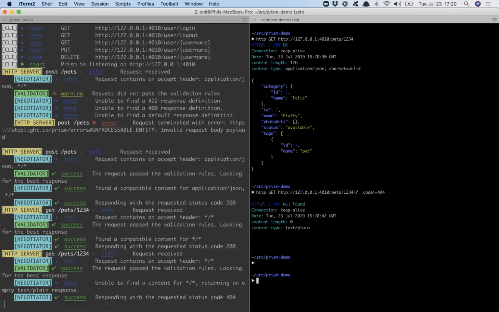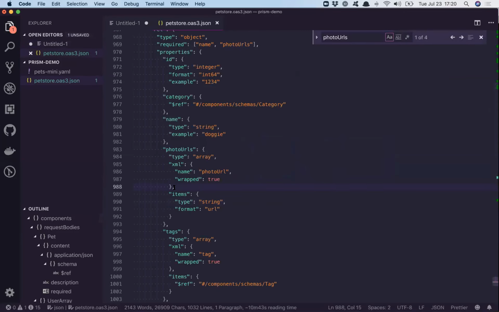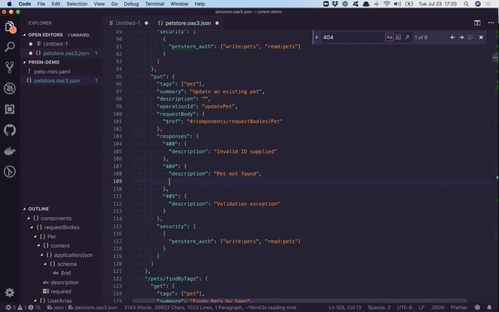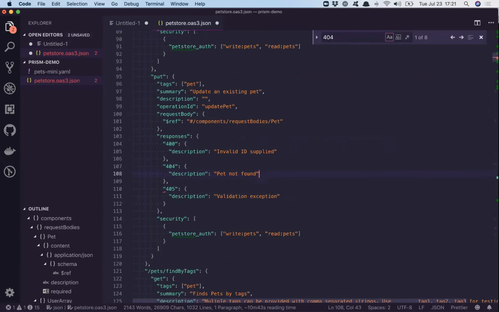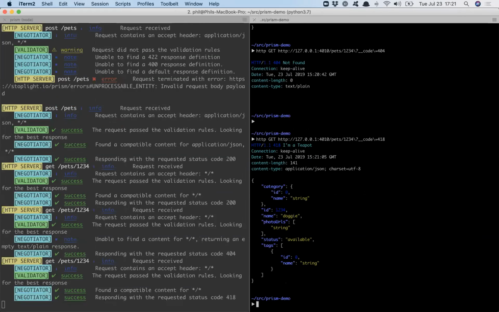Now, I think the reason this is an empty response is because in the pet store, it didn't actually define a response for pets. So if we were to put in here, and then give it a schema, if you do all of that, then it will return the actual schema. If you try to return some nonsense, oh, interesting. Oh yeah, so this is a feature.